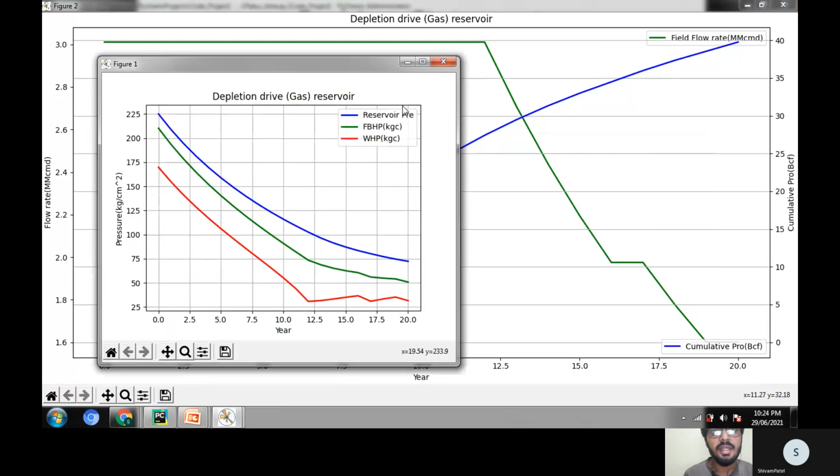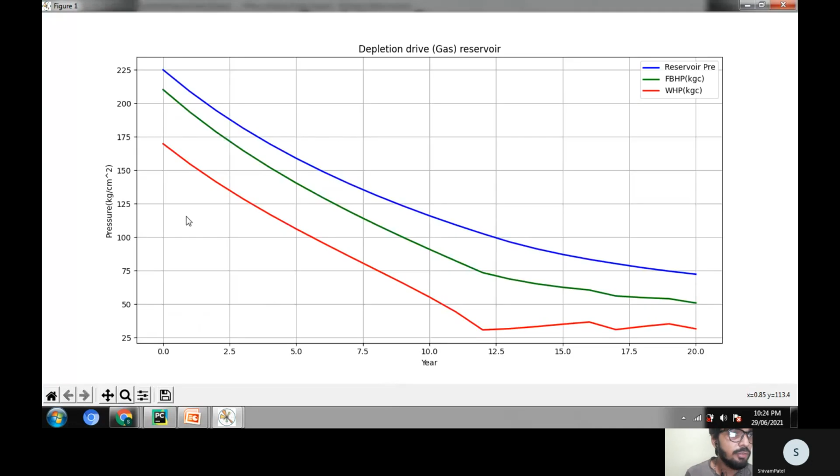The reason behind the decrease in the flow rate we can understand from this second graph. In this graph, it is between the pressure and the year. This blue line represents the reservoir pressure. As time goes, the reservoir pressure decreases, and due to the decline in the reservoir pressure,